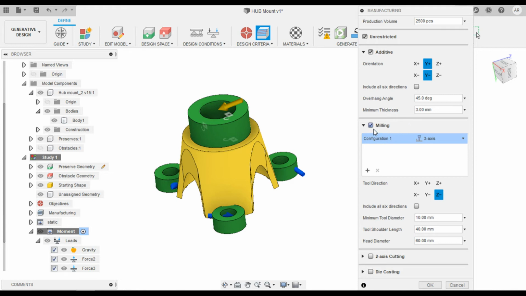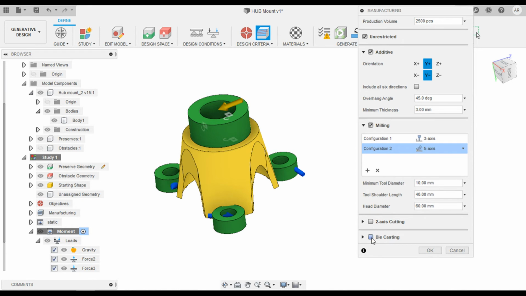Coming to milling, we have 3 axis, 2.5 axis, and 5 axis. You can set as many configurations as you want. For 3 axis, I'm going to include Y positive and Y negative. And also I'm going to set 5 axis. We cannot define 2.5 axis because we have a geometry that is inclined. Thus 2.5 axis won't work for us. Also I'm going to enable die casting.